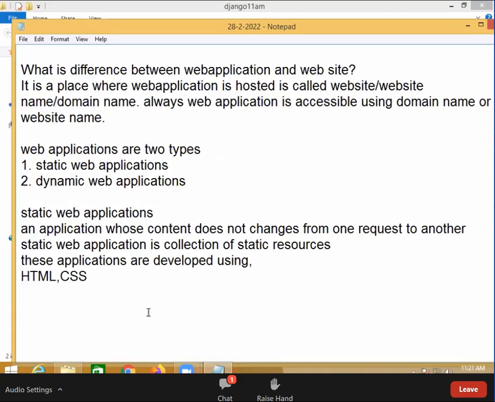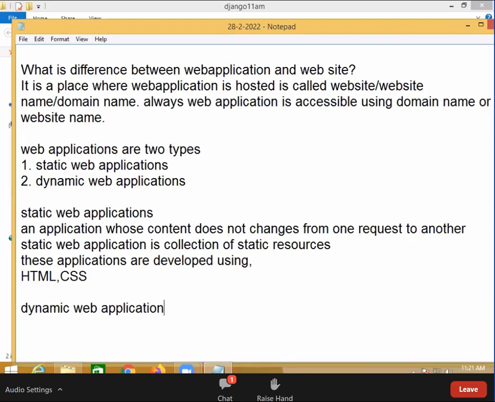The content of that website will be the same. Those are web pages or documents whose content doesn't change from request to request. Those applications you can call static web applications. But when it comes to dynamic web applications,